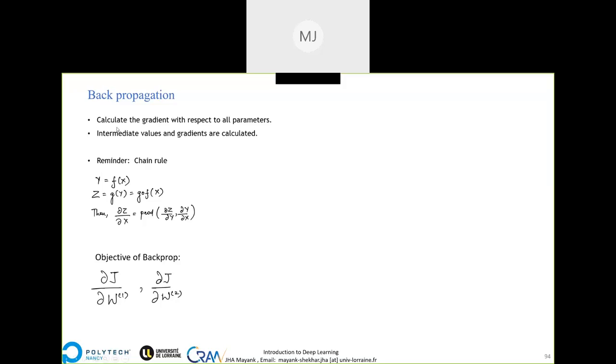So forward propagation you understood. Let's talk about back propagation. So in back propagation, what's happening is we are